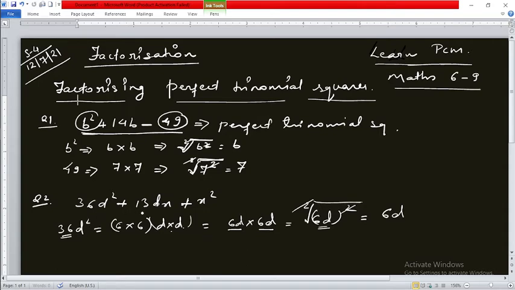Okay, now let us move to the second term. You can see clearly that it is not a perfect square. Let's move to x square. Yes, you can see that x square can be written as x into x. That means it is a perfect square. And what will be the root of this perfect square? If you find the root of this, again 2 and 2 will cancel out, and you are going to get x over here. This means that the root of x square will be x. Okay, understood? Now let us move to understand how to factorize this type of expressions.